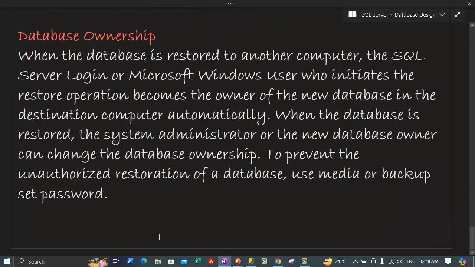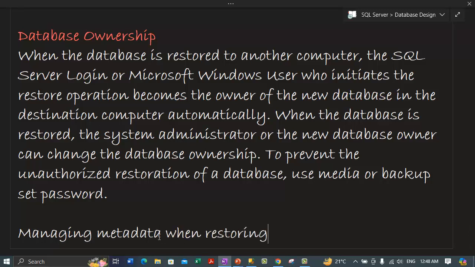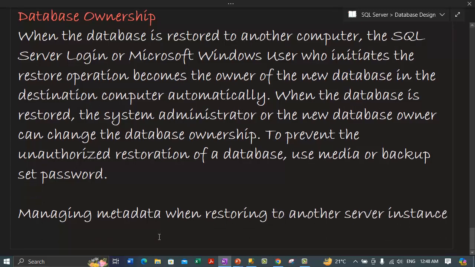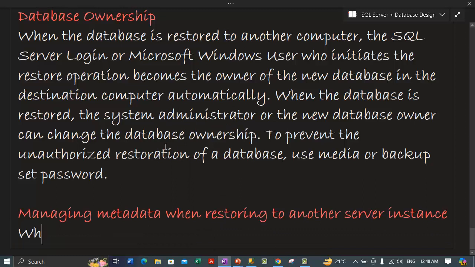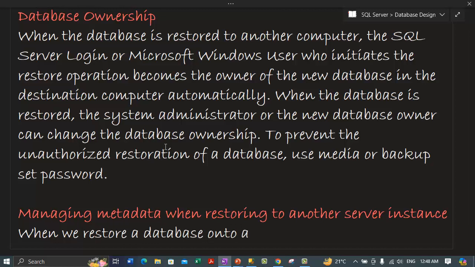Alright, guys, let's talk about one more important topic, which is basically managing the metadata when we restore the database to another server instance. So this is a topic and let me color it. So basically when we restore a database onto another server instance,